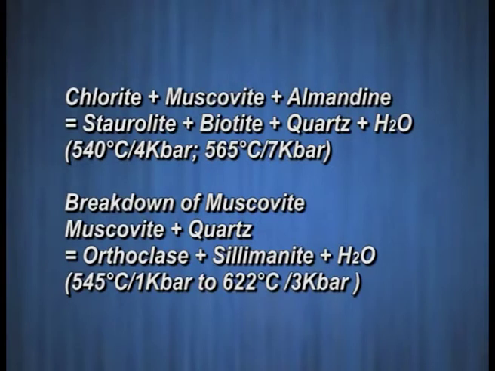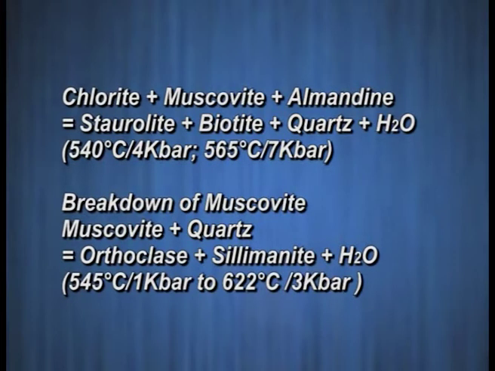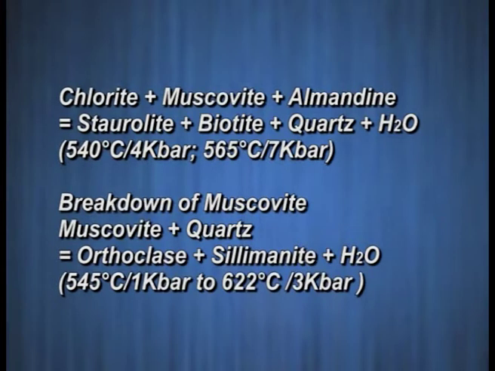And breakdown of muscovite in presence of quartz giving rise to orthoclase plus sillimanite plus water, which occurs at 540 degrees centigrade, 1 kilobar to 620 degrees centigrade, 3 kilobar, carried out by Rover in 1974, indicates the upper stability of this facies and